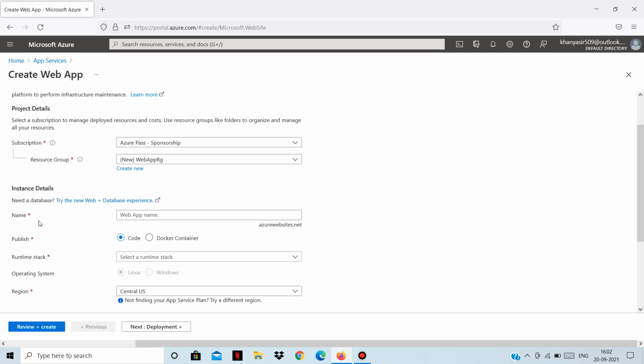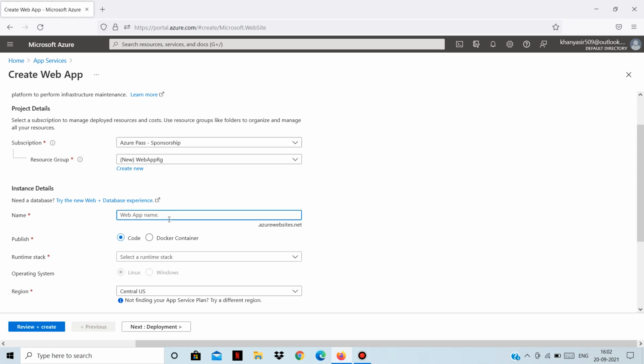Now I need to give the instance details. The first one is the name. What will be the domain name for your website? You can give any globally unique name. It will be followed by .azurewebsites.net. You can have your custom domain also based on the plans you will select.